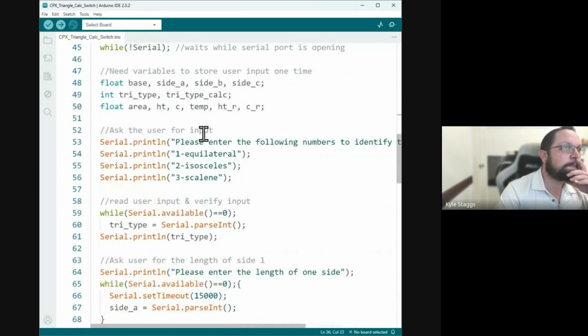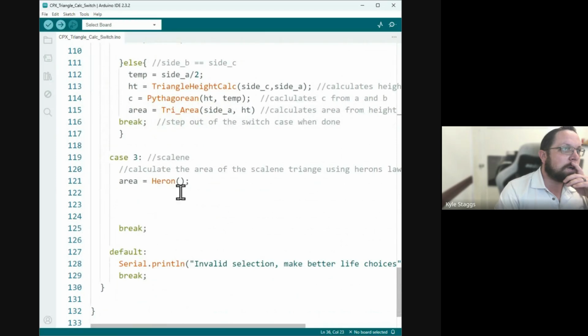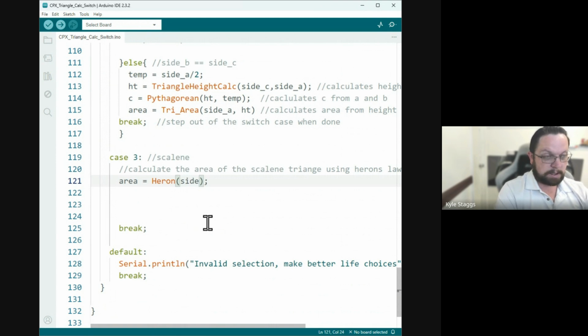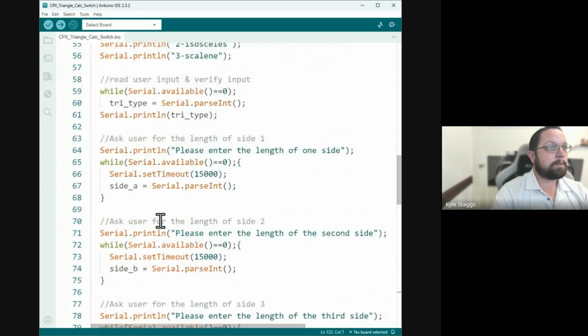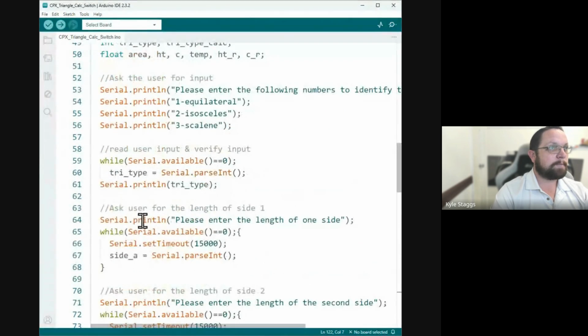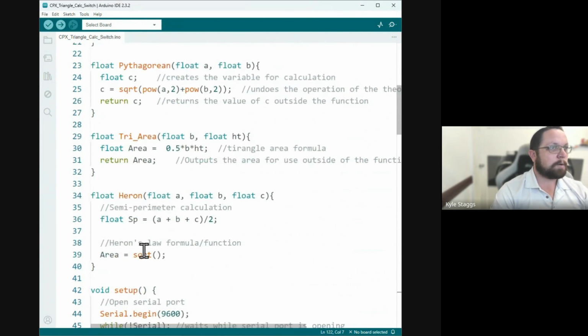So for Heron, what we're going to be inputting is side A, side B, side C. So this is calculating the area based on what has been input and stored to A, B, and C. So it's a little different than if we're working based on two sides and an angle or something like that. So